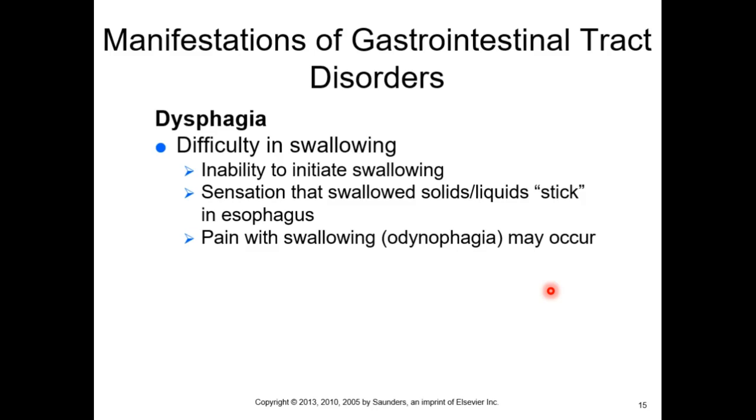We do use the terminology proximal and distal in the GI tract just to orient, because the actual small intestine is wiggling all over the place, right? So proximal would be towards the mouth, distal would be towards the anus, just for simplicity's sake. Usually we'd only use that for appendicular, but it works for GI. So we're going to go from proximal to distal if we want a more pleasant way to say that.